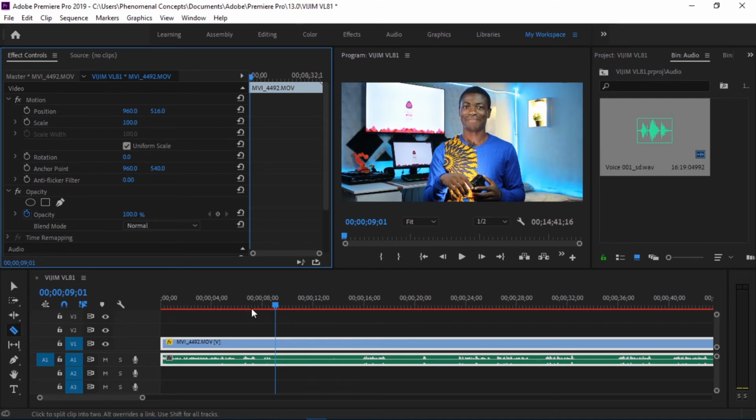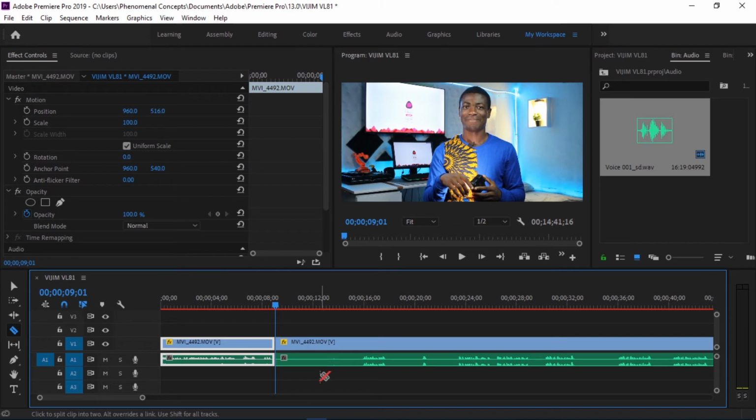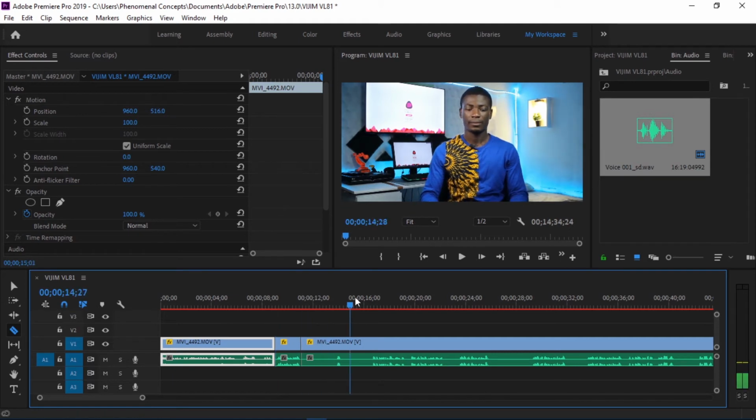So with the razor tool, I'll just cut this part off and I'll just play. So this is where the video actually starts. This is the LED video light, and I press Q, chops it off to that point, and I'll move over here. I press Q, chops it off to that point,